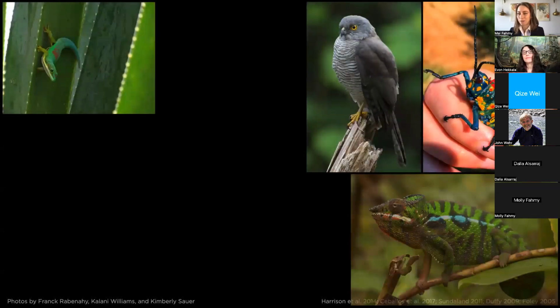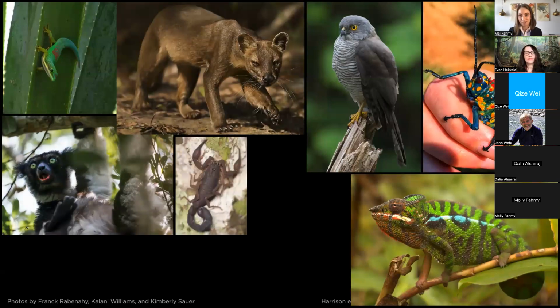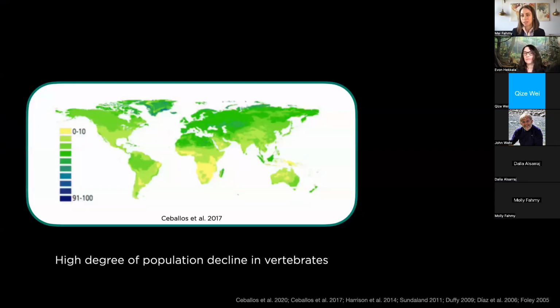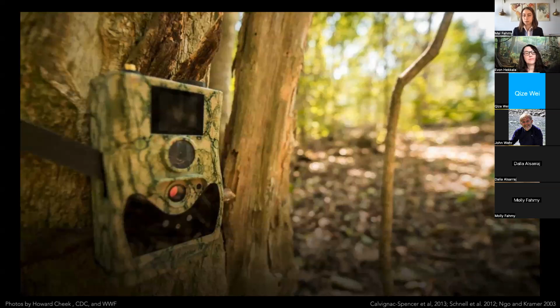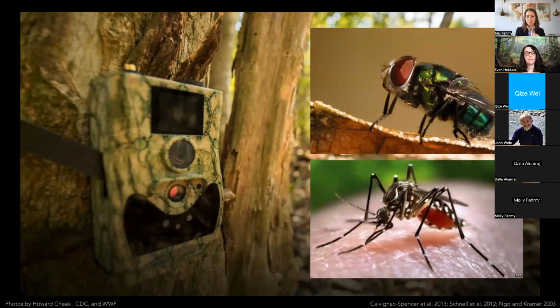So we were just talking about biodiversity being the definition of just the variety of all life, animals and plants, and it's in rapid decline across the world. It helps maintain these very crucial services. And traditionally, to safeguard against this decline, scientists usually use camera traps, which you can see here are just cameras fastened to a substrate. More recently, researchers have begun targeting blood-feeding invertebrates like flies and mosquitoes as sources of